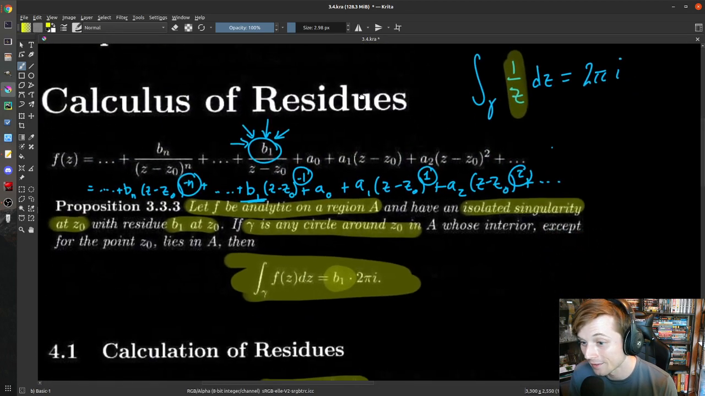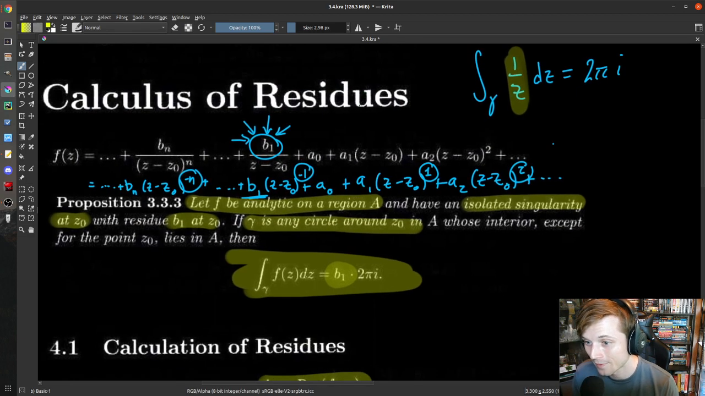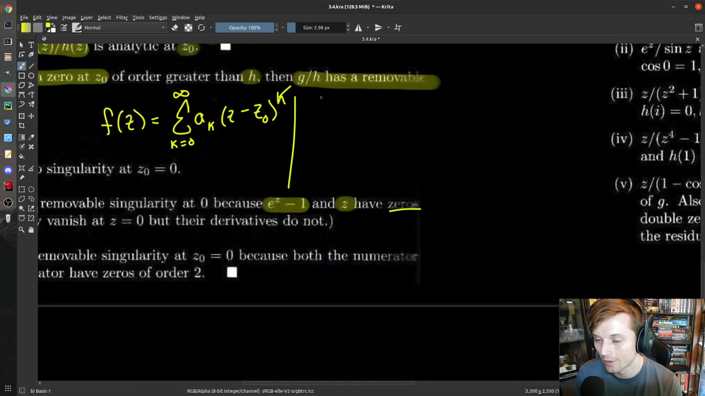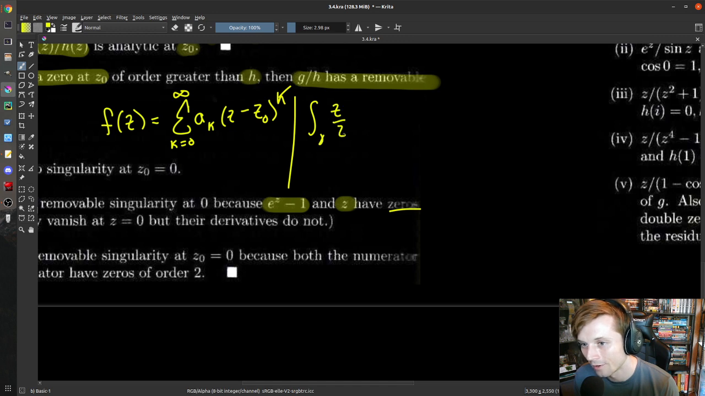And that's an isolated singularity, right? And z over z is analytic everywhere except at, of course, 0, so this should apply. Let's figure out what the residue is. If we integrate around the unit circle, z over z dz,